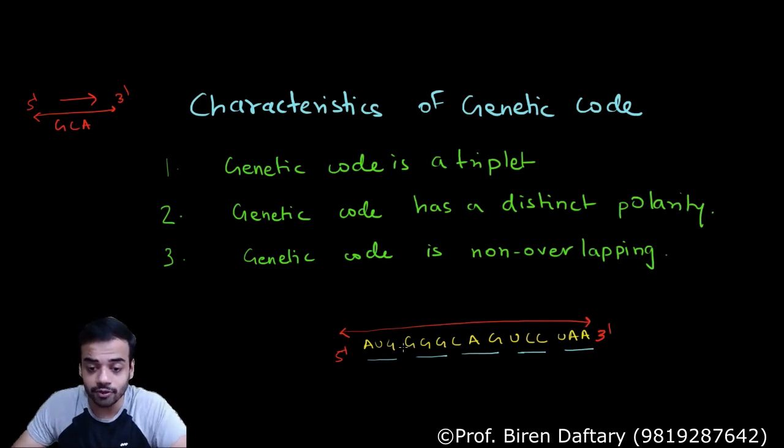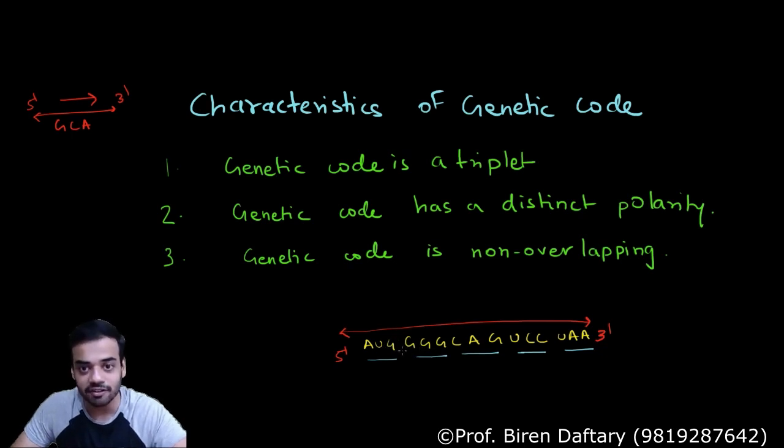Now suppose you read this entire sequence in a different way. Just imagine I read the first one as AUG, then I read UGG, then the third as GGG. See, here I have kept a distance after each codon so that you can clearly understand that it is a triplet, but in reality there is no distance, they are all continuous. So what if I read it like this, AUG, then UGG, then GGG? That means if I am saying AUG and UGG, the U is overlapping in AUG and UGG. Similarly, when I say UGG and GGG, this G is overlapping.